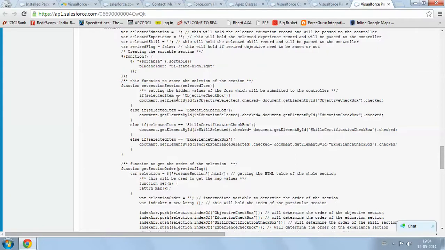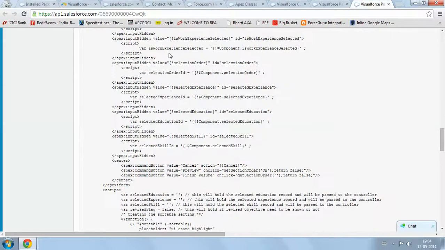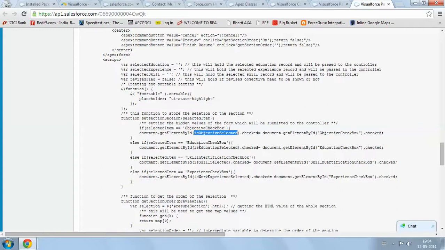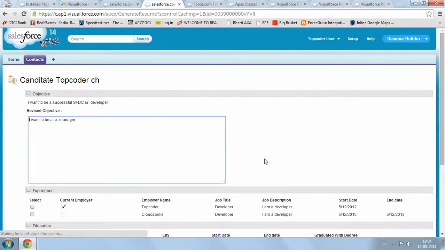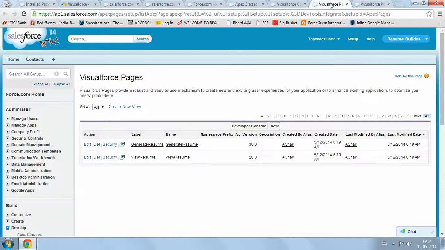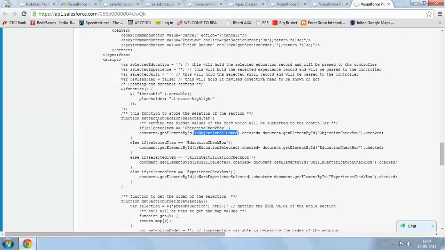This method selects the values, which are all present in that hidden area. I'll show you this page by page. If I go here and click on generate resume, as soon as you click on this objective, this function is getting called, and it sets one hidden variable for the selected objective.